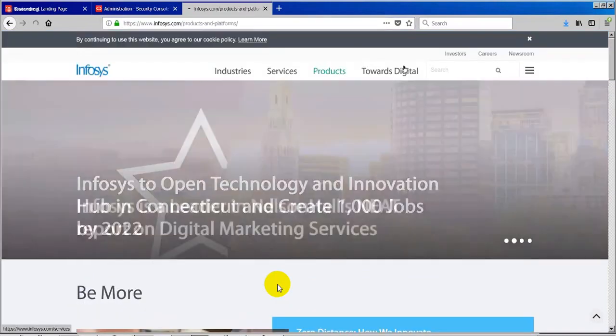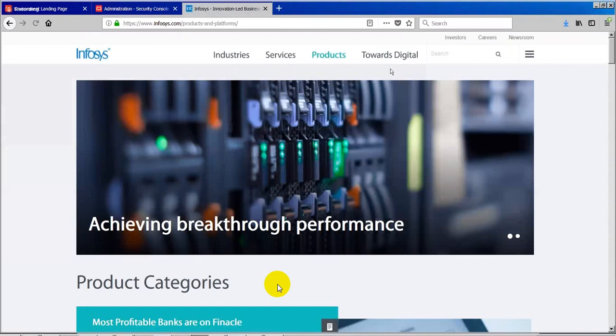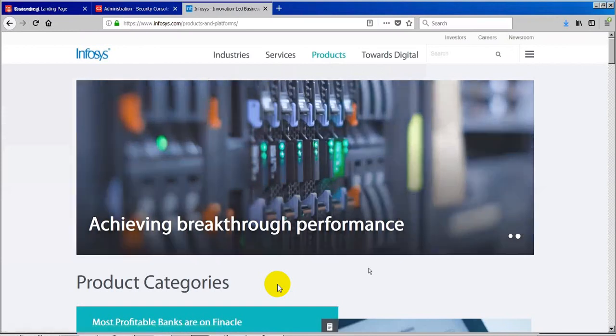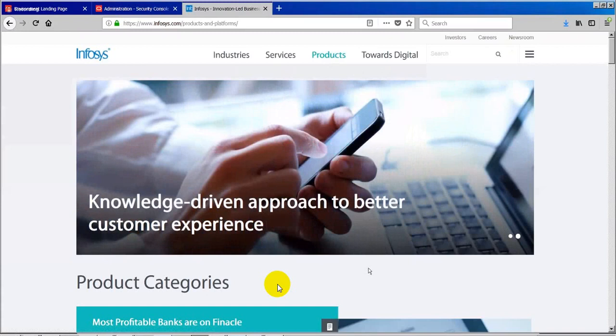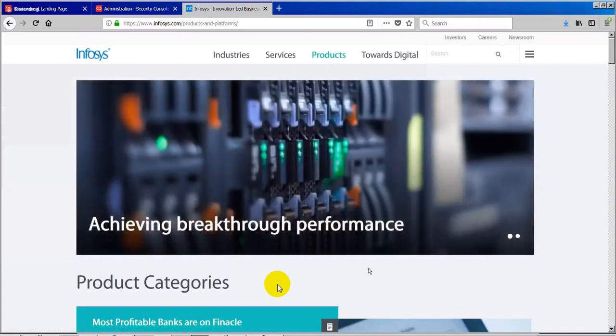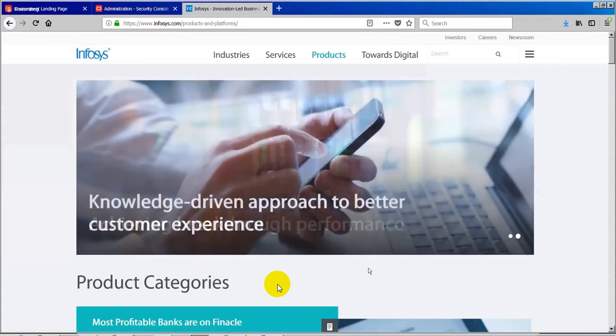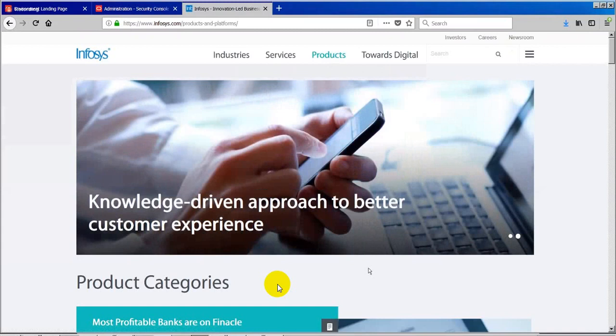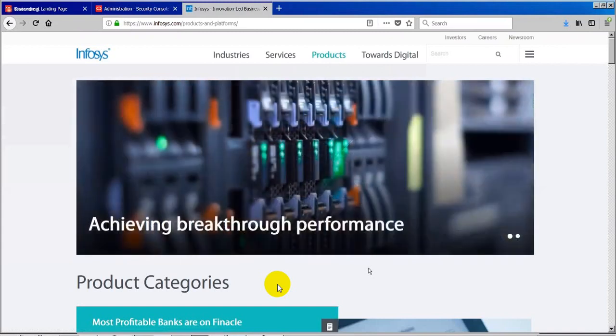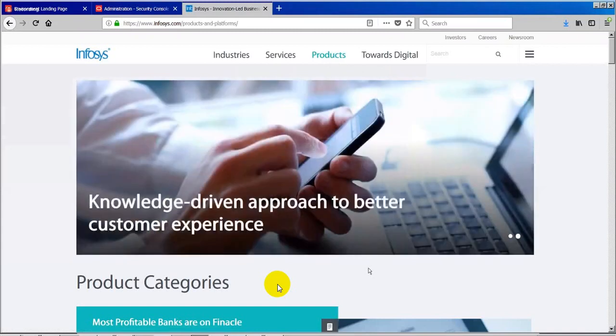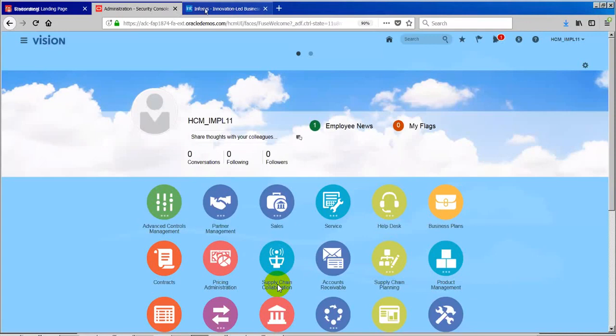When they click on the Fusion link, what happens typically? Two things will happen, or three things will happen. Number one, the employee is asked again to enter username and password. Second, the employee will automatically log into the Fusion applications. Okay, so let's discuss these two cases. Case number one, if the employee is asked for the username and password, what username and password do they have to enter?